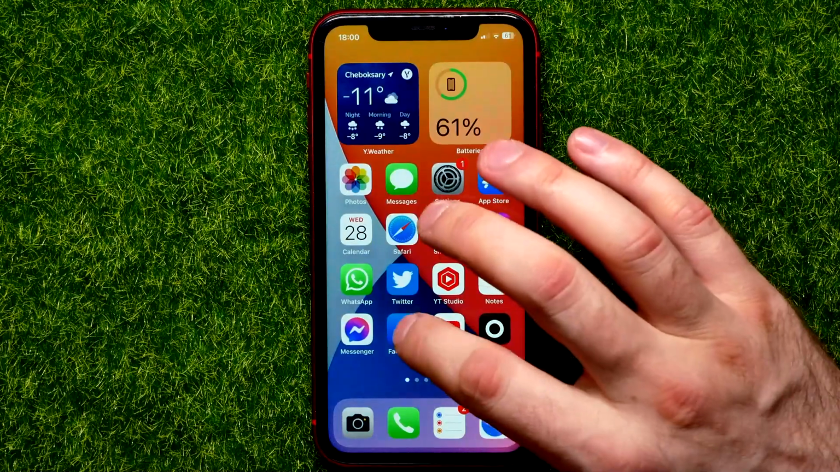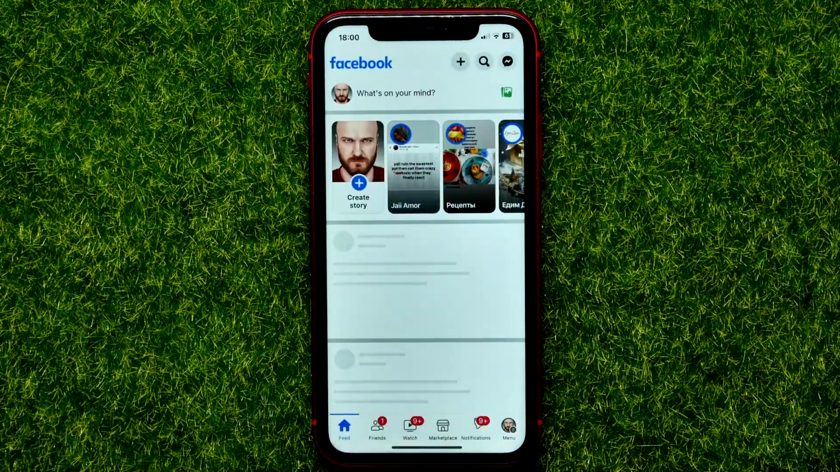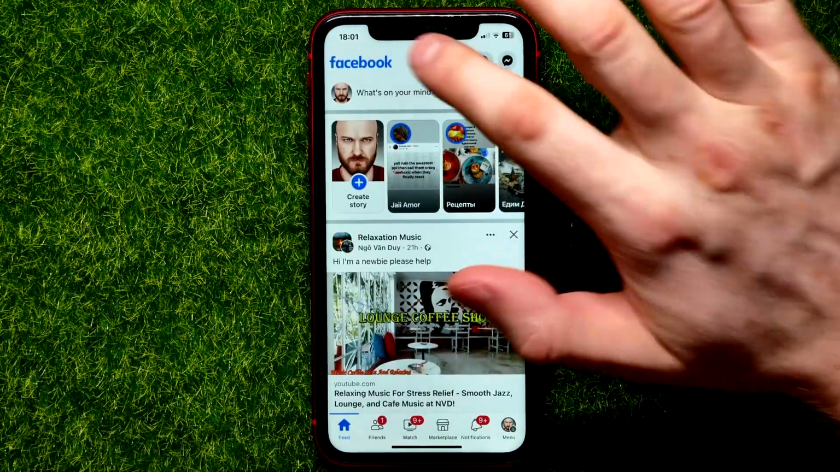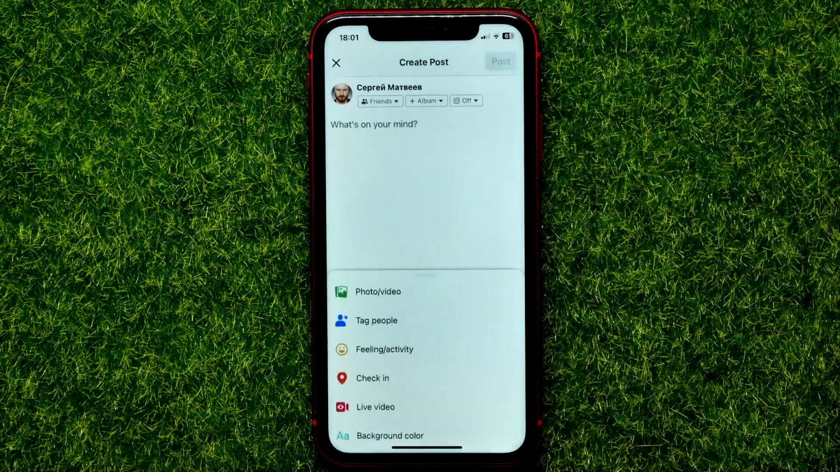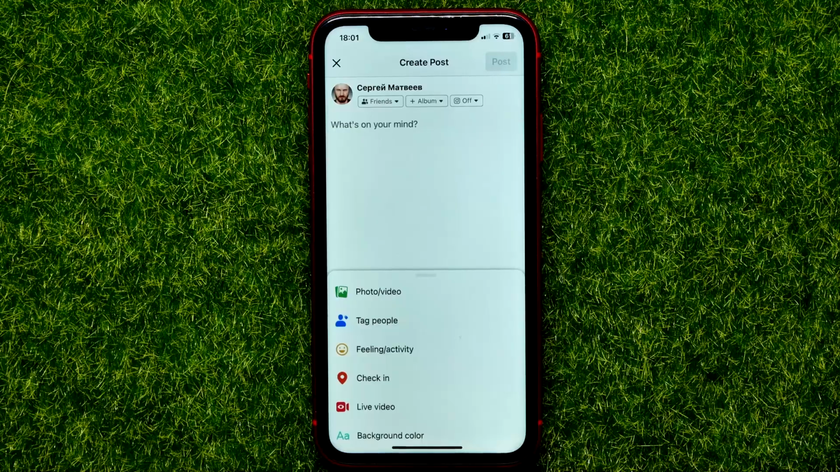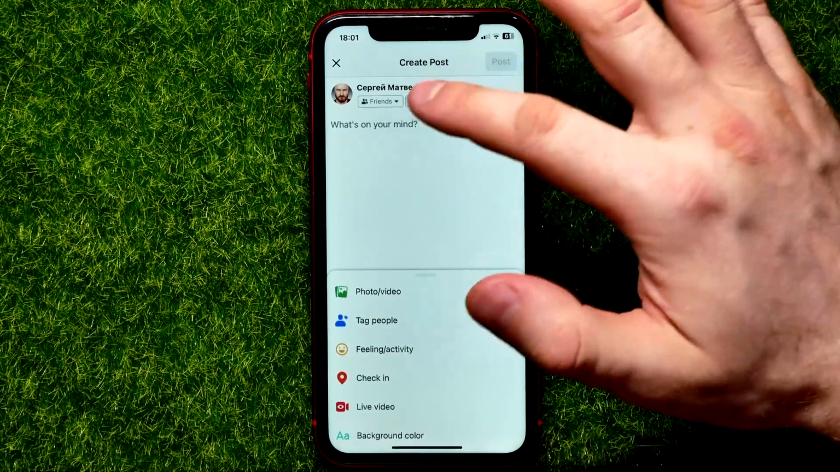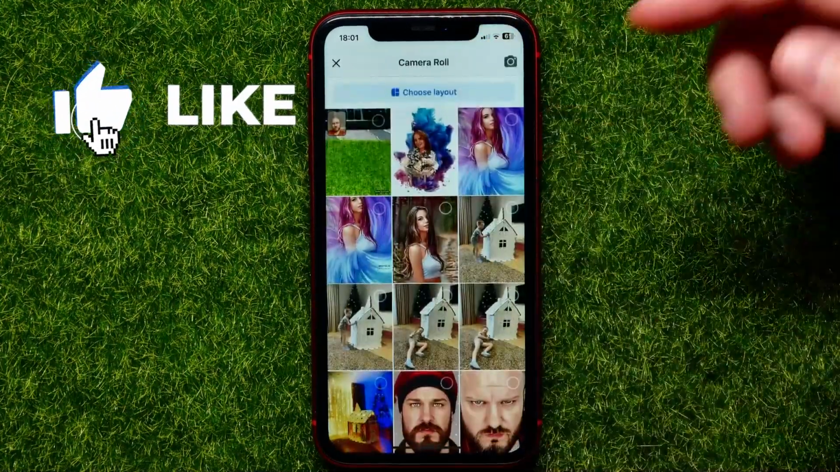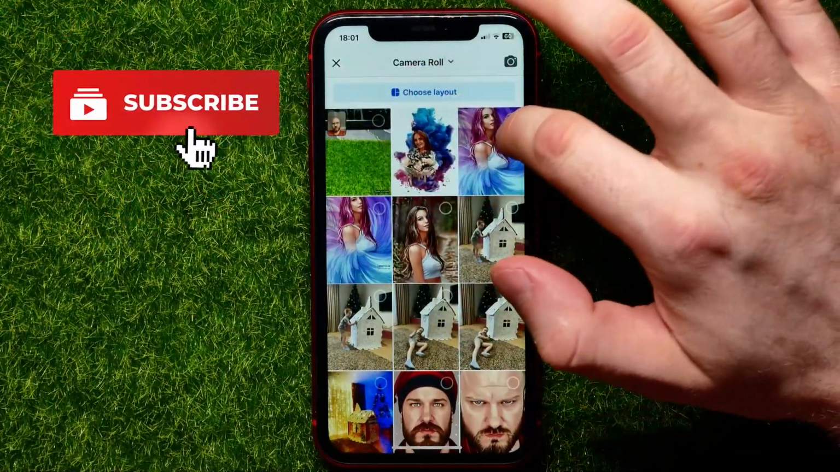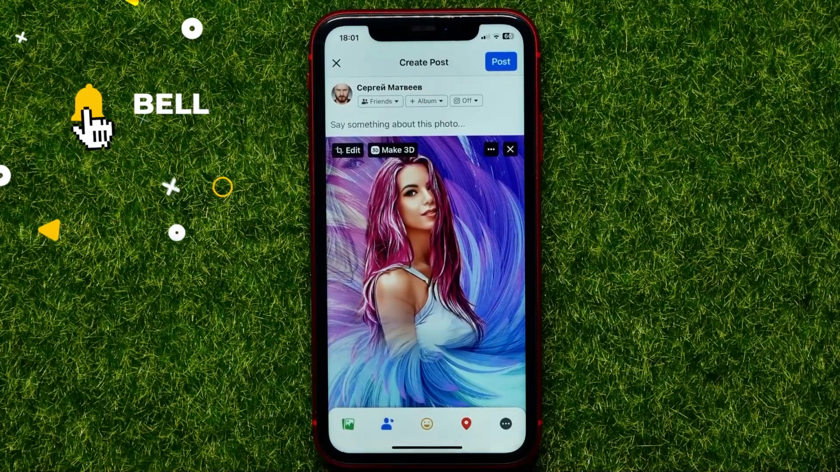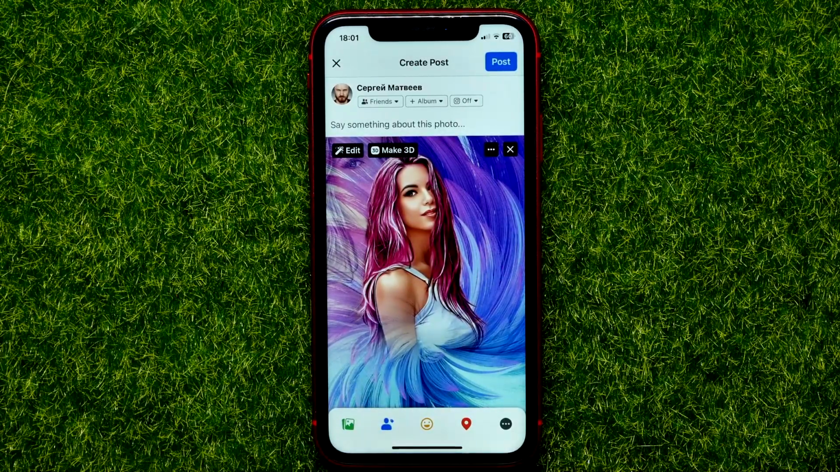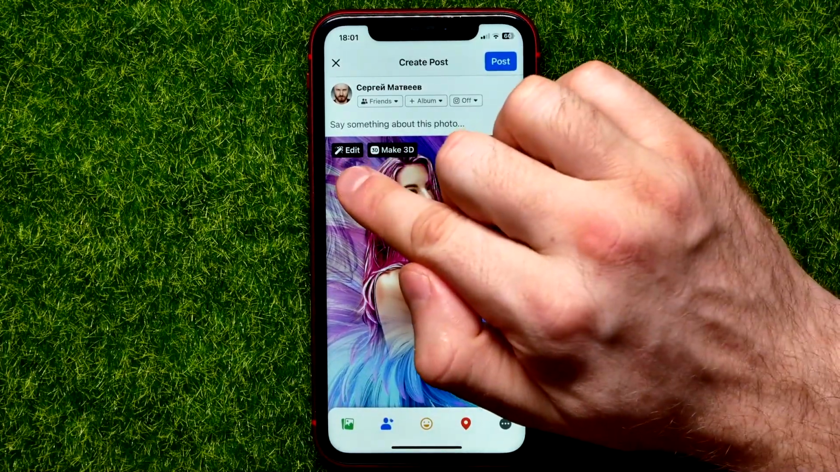So let's begin, and first open up the Facebook app. Then tap right here at the top where it says what's on your mind to start creating a post. Then you can type in some text, you can also add some media, let it be that picture, and then if you want to add a music or song to that post, all you have to do is right